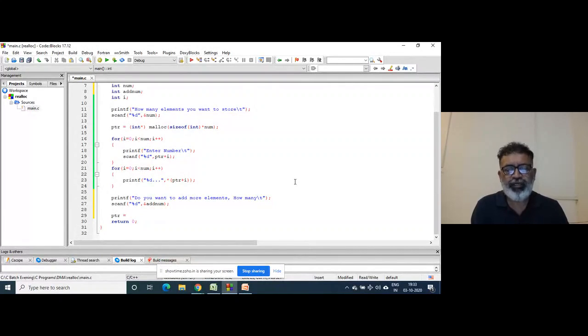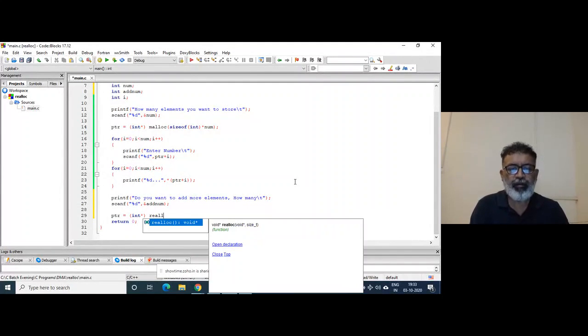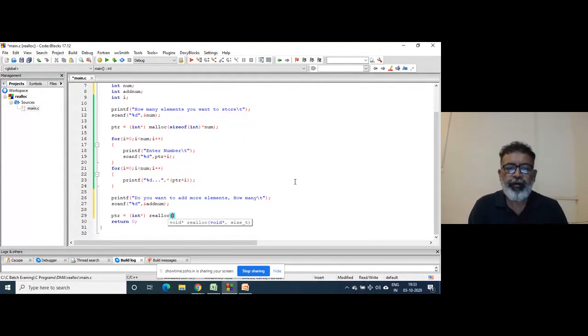I'm using the same pointer, right? The first argument is void star, right? What is that void star? The previously allocated memory, right? And size_t: how many bytes do you want?